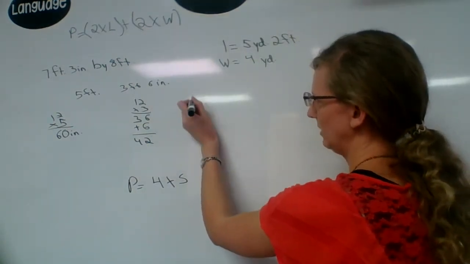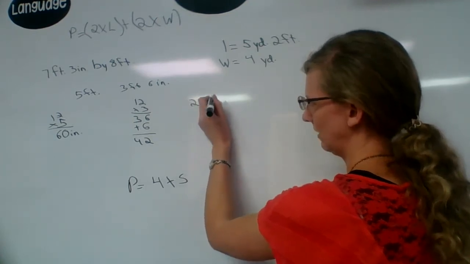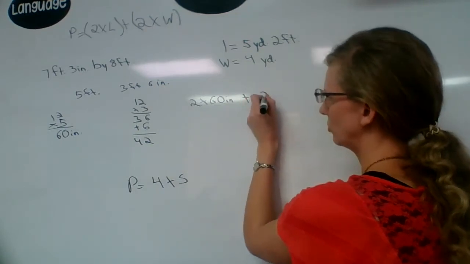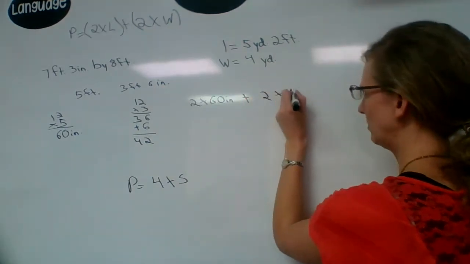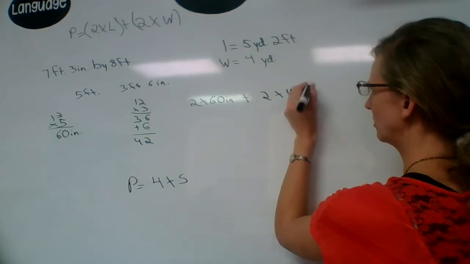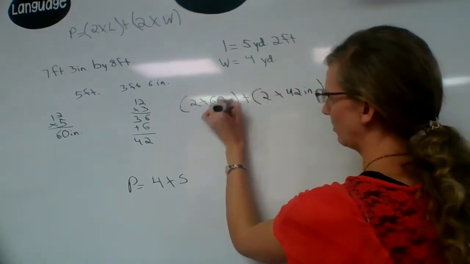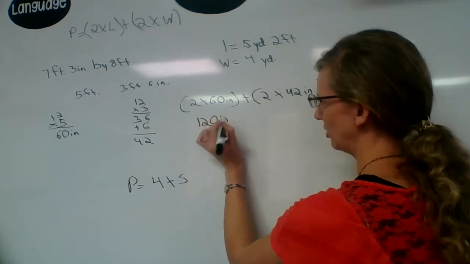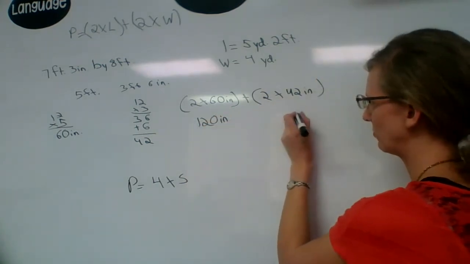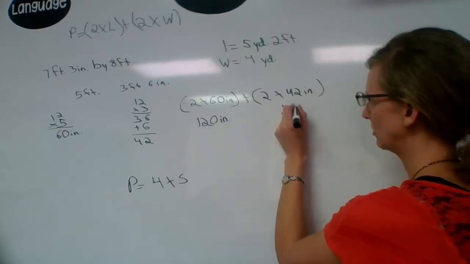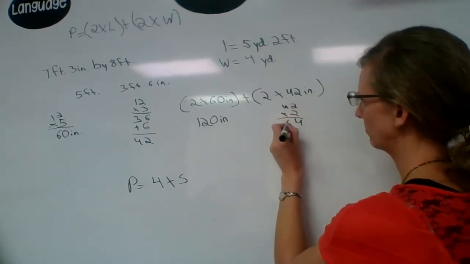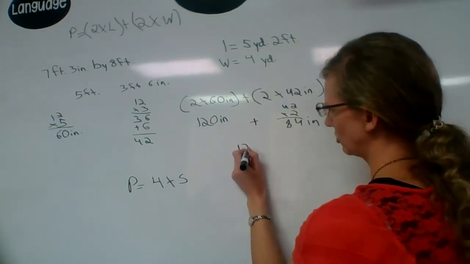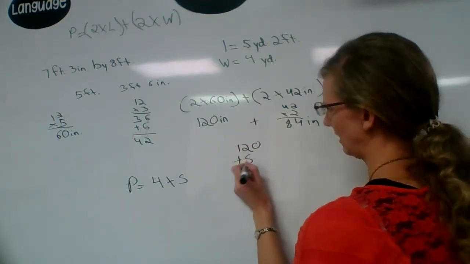So now you do your formula. 2 times length, which is 60 inches, plus 2 times the width, which is 42 inches. And work it out. 2 times 60 is 120. Make sure you say inches. You want to know what measurement it is. Plus 2 times 42, which is 84 inches. And then you add them together. So 120 plus 84,